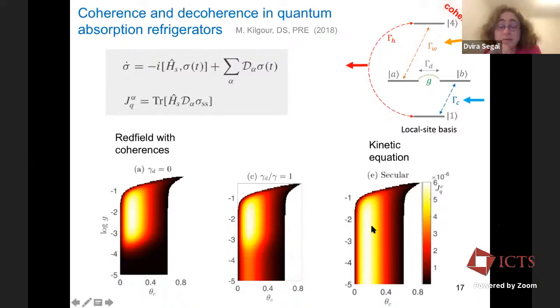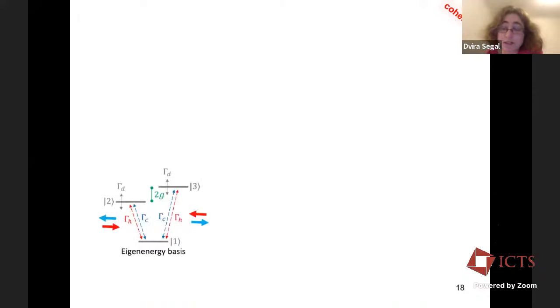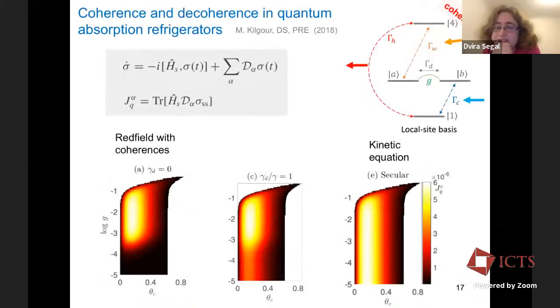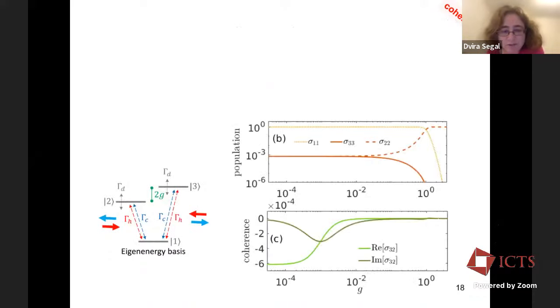Sorry, Dvira, may I ask a question? So here the coherences are only in the system. The baths are not coherent. Yeah, so these are, maybe I should show them the next slide, which I thought to omit, but actually, okay,